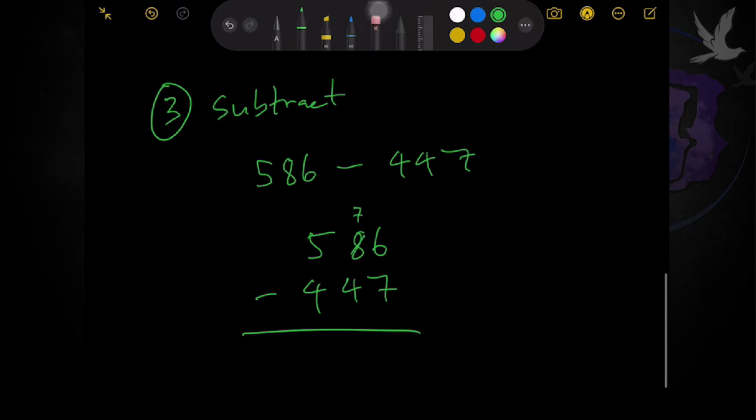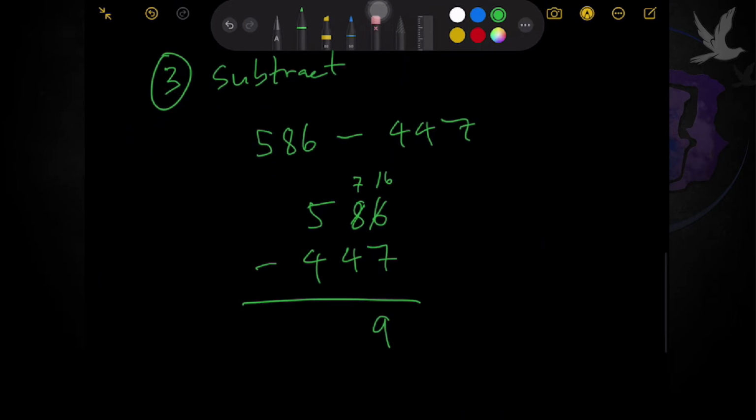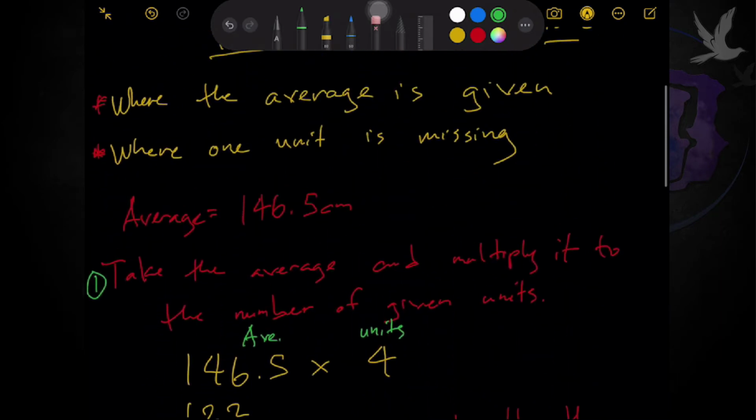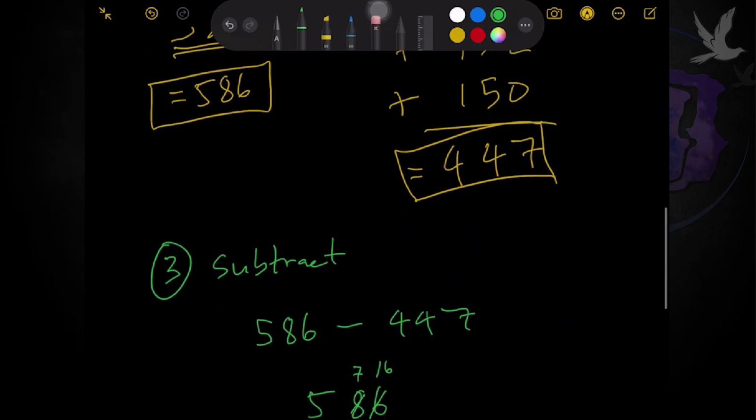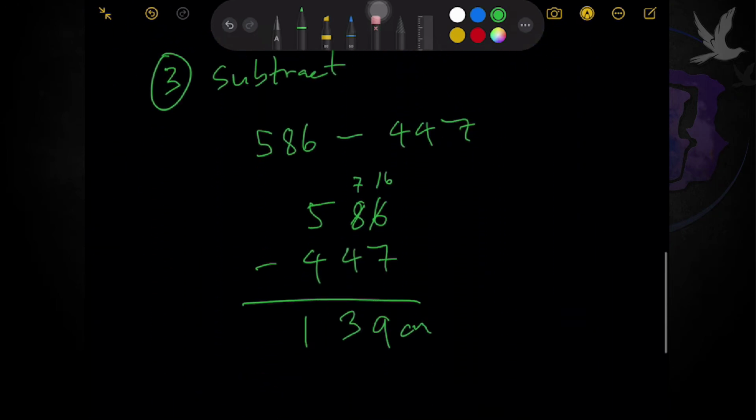This will become 7. This will become 16. 16 minus 7 will give us 9. Okay, 7 minus 4 will give us 3. And 5 minus 4 will give us 1, so 139. So which means your answer, the missing value, yung kay Daniel, his height is equivalent to 139